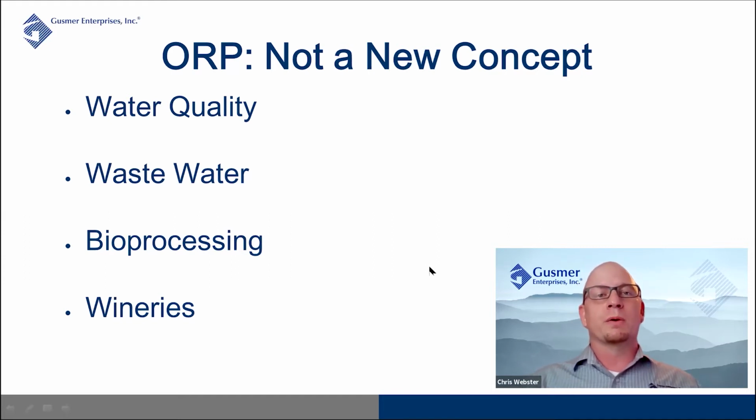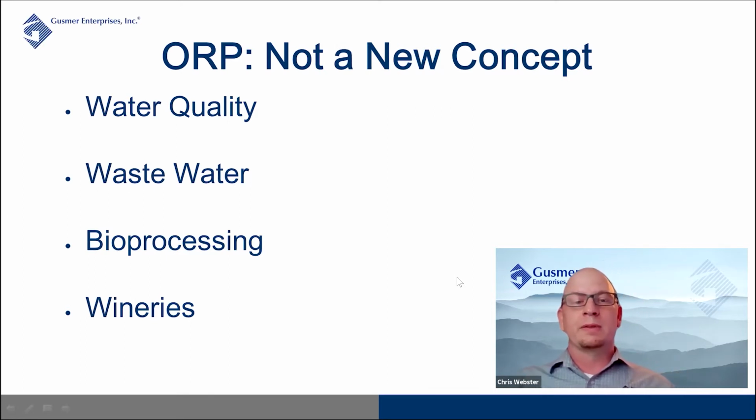In wastewater, ORP can be used to manage the breakdown of organic material that's in the sludge. But you can also use ORP to remediate toxins such as cyanide and hexavalent chromium that are really common byproducts from metal manufacturing. As we move into another industry of bioprocessing,